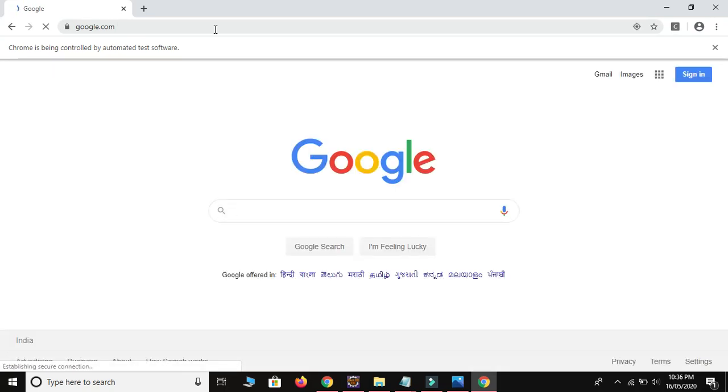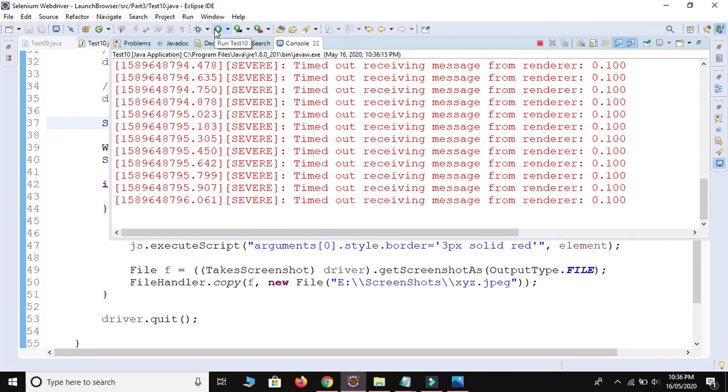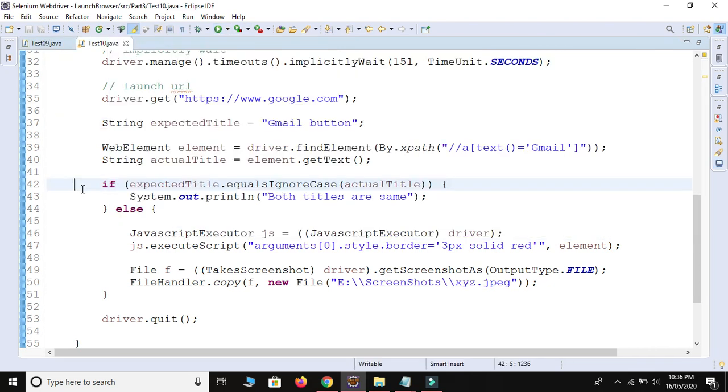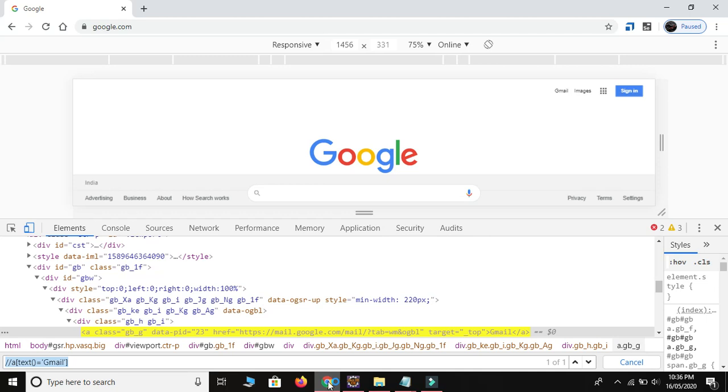Gmail should be surrounded with a solid 3 pixel red color. Surrounded, taken the screenshot, and it will close the execution. Let me close this one, and I got two different images. First one is for the Gmail and second one is for the Sign in.